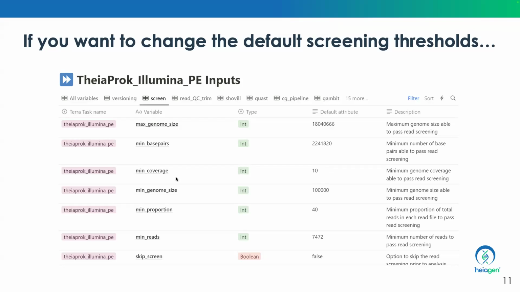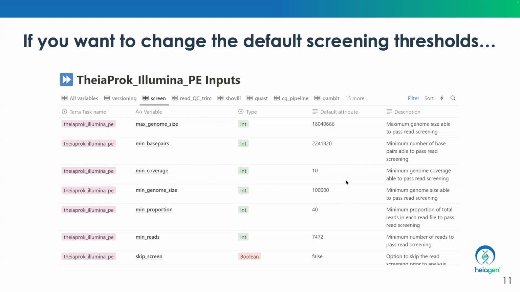So for example, here, you can see that the minimum genome size is 100,000 bases. And that is used to estimate, they look at the number of reads in your files, and for, let's say, a given 10x coverage, is the amount of reads that you have able to cover that genome 10 times. And of course, this is related also to the minimum number of base pairs that is able to cover that genome size, and for that minimum coverage. So again, these are optional